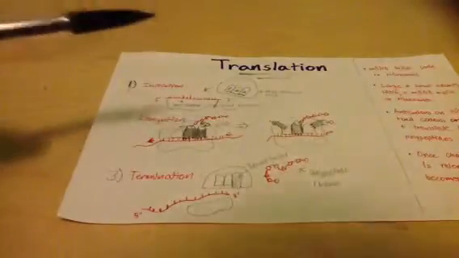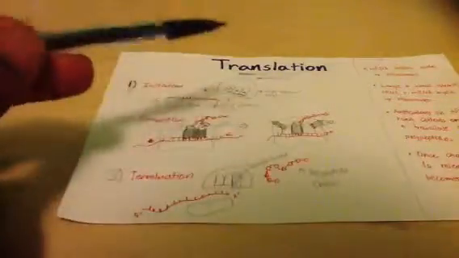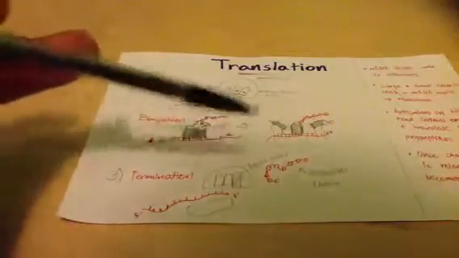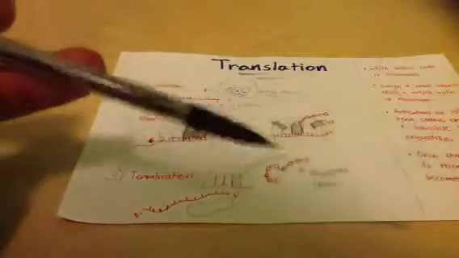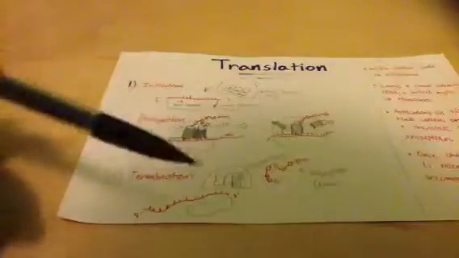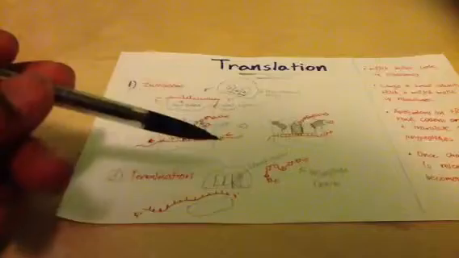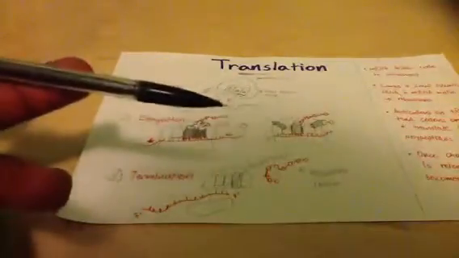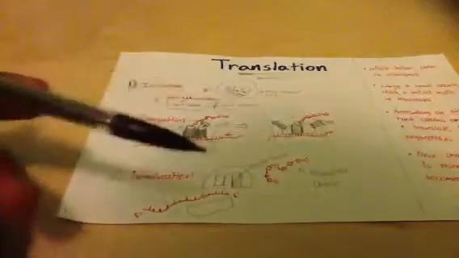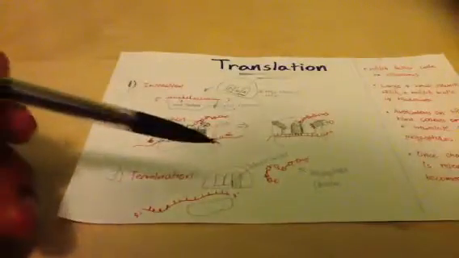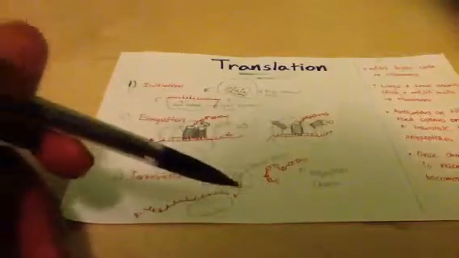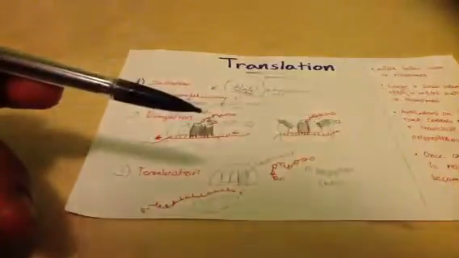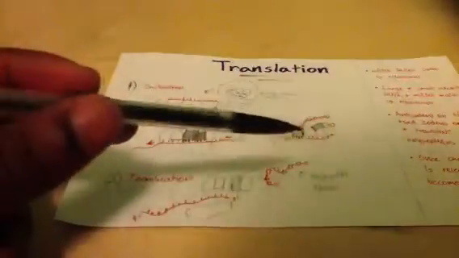Lastly is termination. So after that goes around in a cycle for a long time, something called a release factor is going to bind in the A site of the ribosome. Once it binds in the A site, this is going to initiate the ribosome to dismantle. So the messenger mRNA is going to dismantle from the ribosome, large and small subunit of the ribosome, and then you'll have a free polypeptide chain in